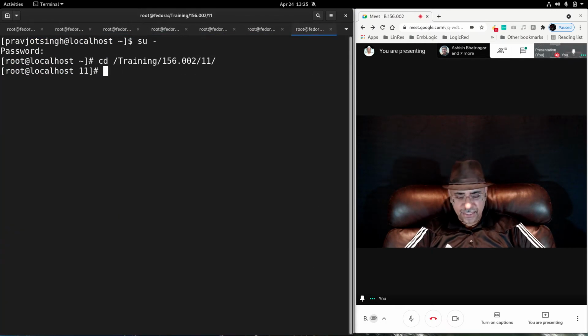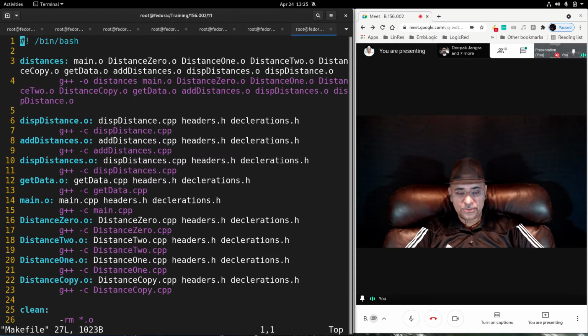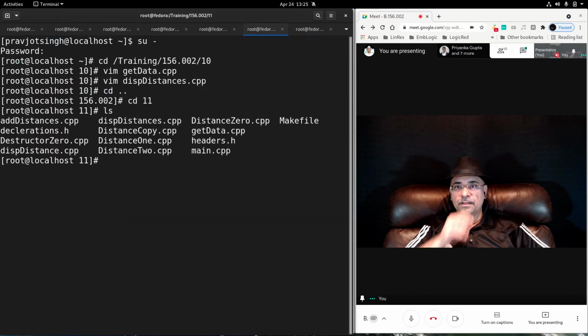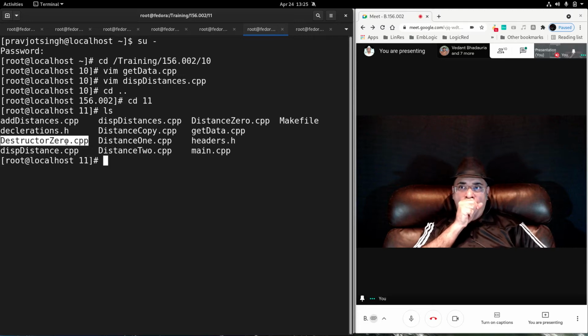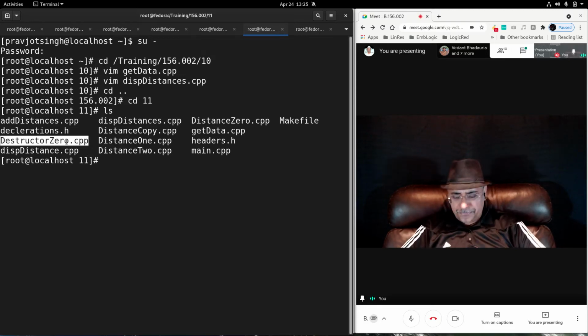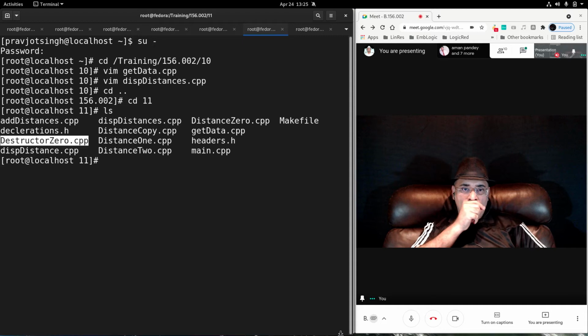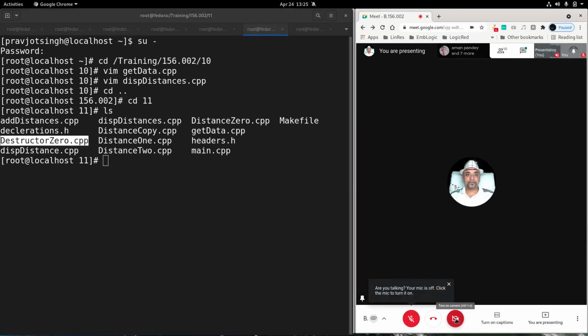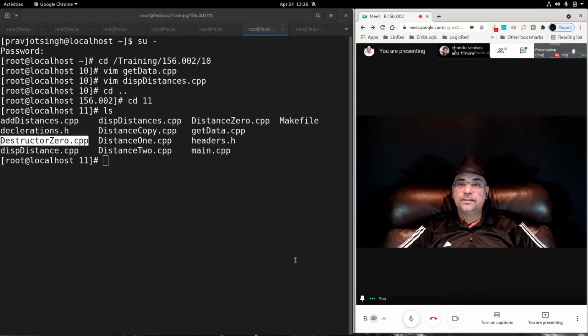Slight modification. We have to modify the makefile also because we have a new file, and the new file is called destructor.